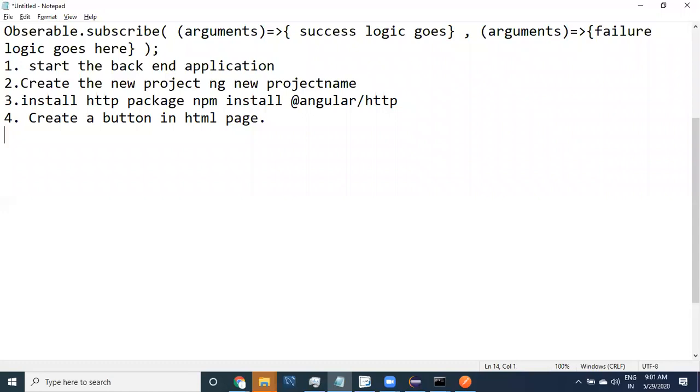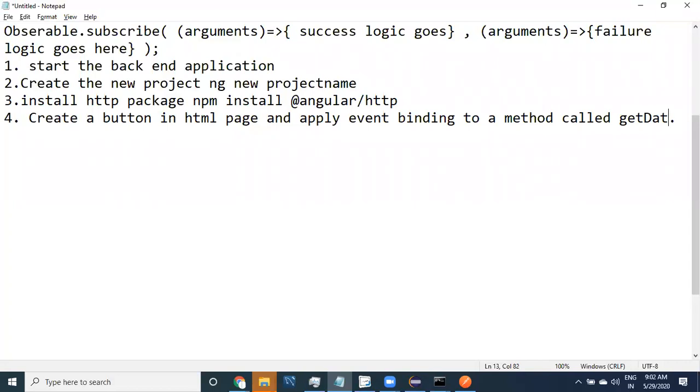Create a button in the HTML, and then apply event binding for the button, event binding to a method called getData.